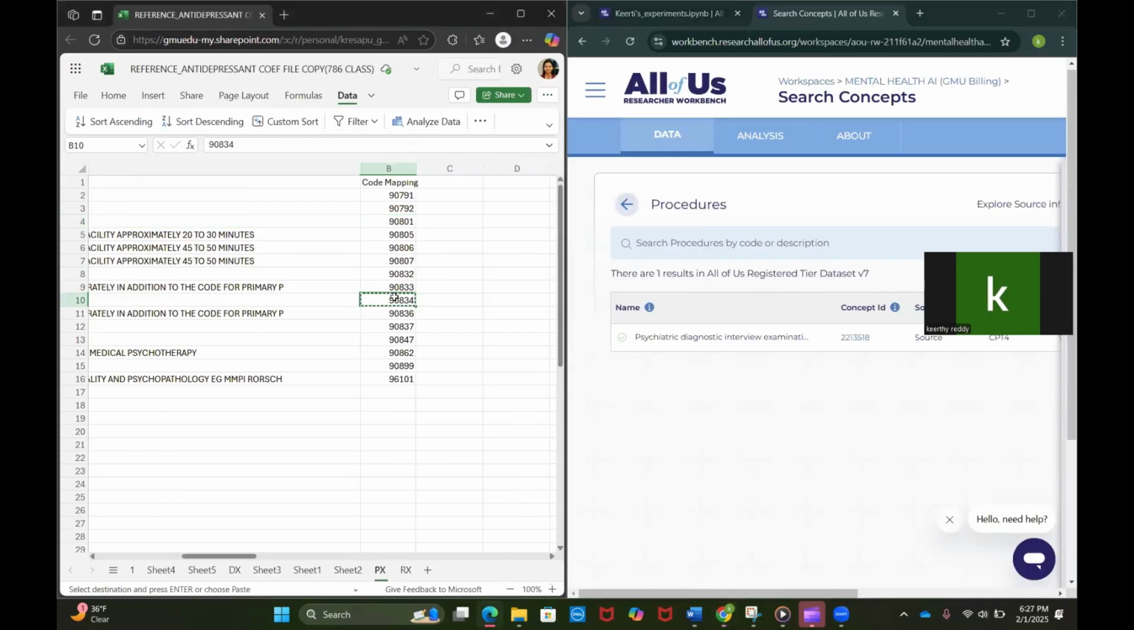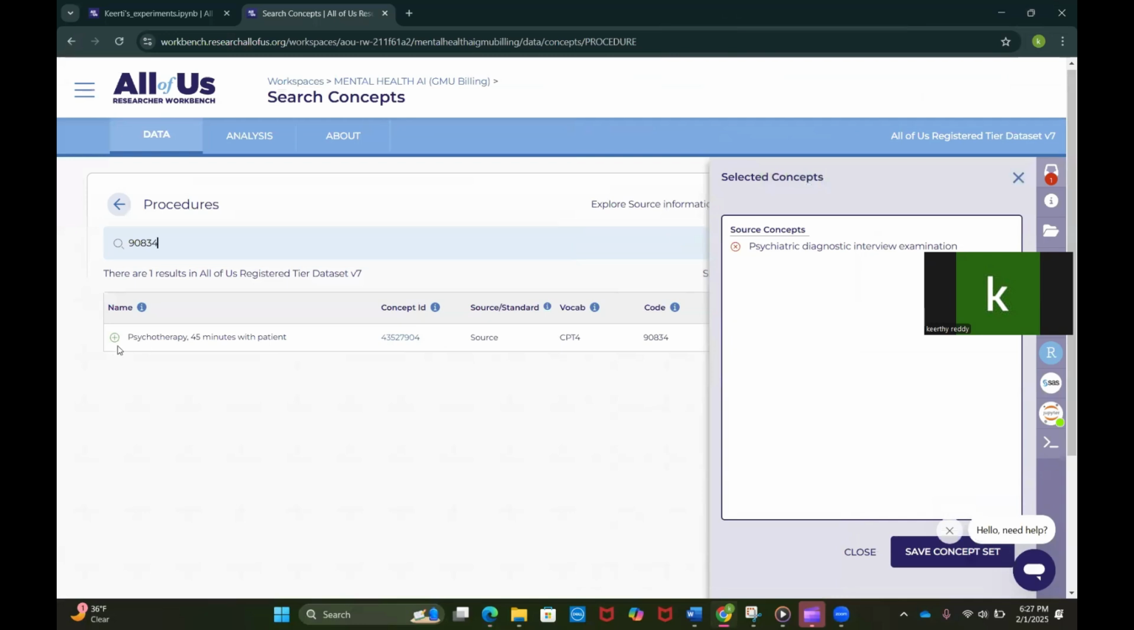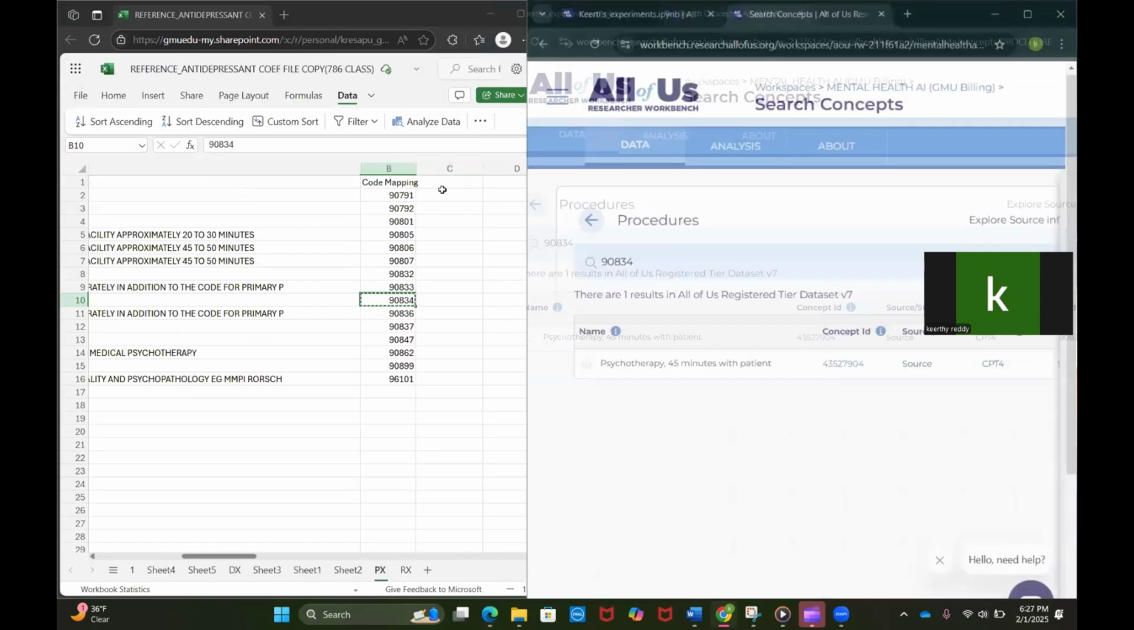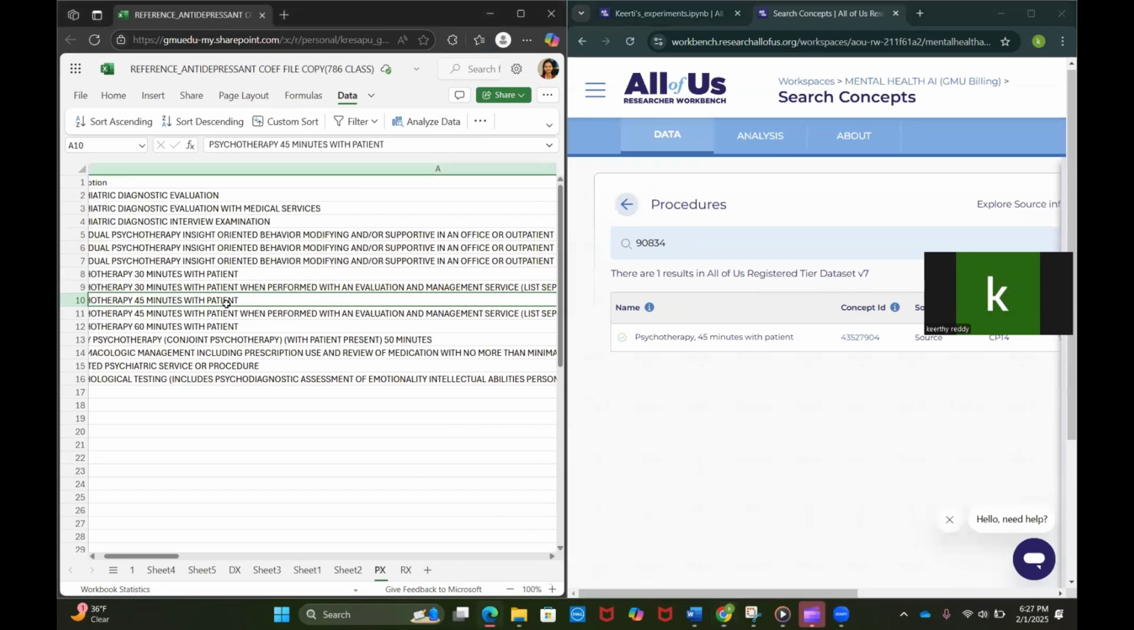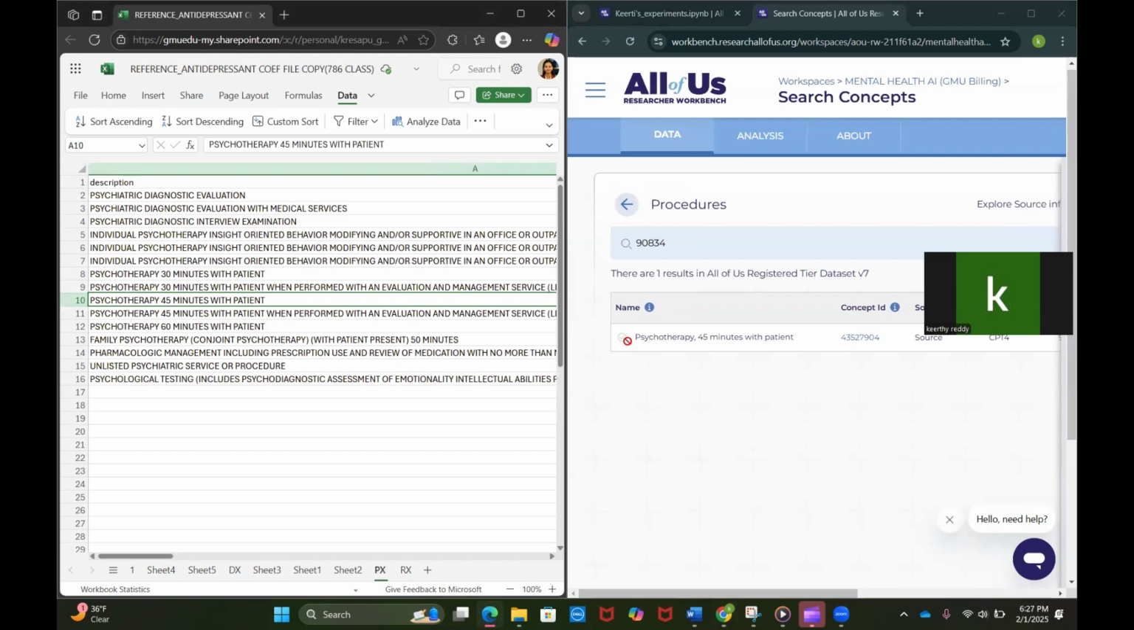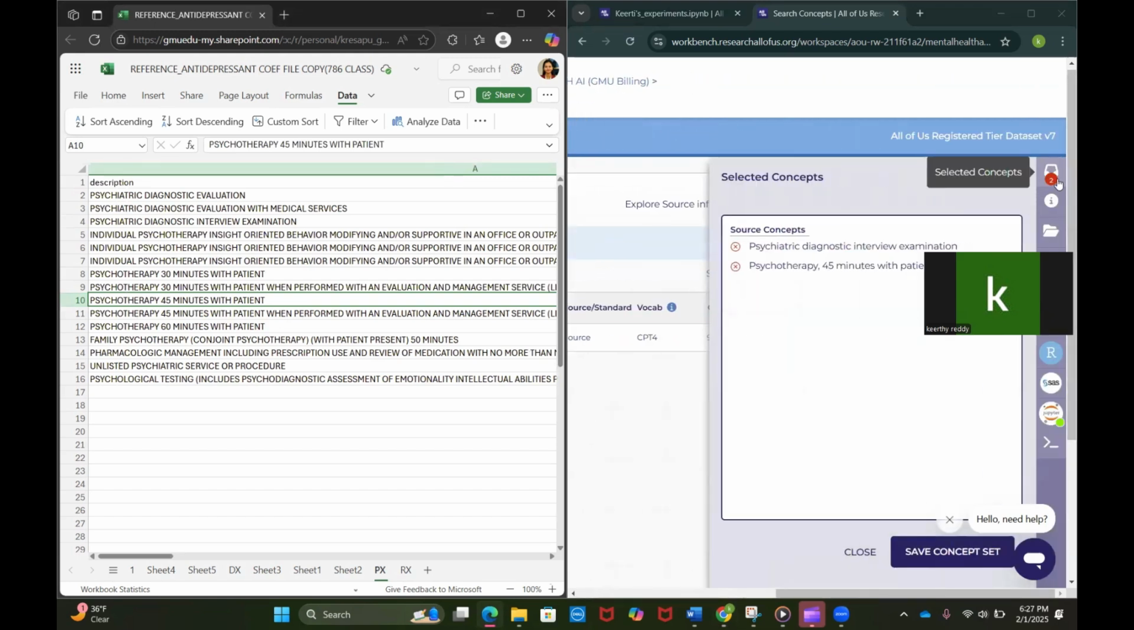So like this, you need to copy all the procedure codes. I'm just showing 2 or 3, but you need to do everything. So psychotherapy with 45 minutes patients, just re-verify with the description over here. So we can see it's psychotherapy 45 minutes with patient, click plus, and we can see we added 2 concepts. So likewise you need to add all the 15 procedure codes